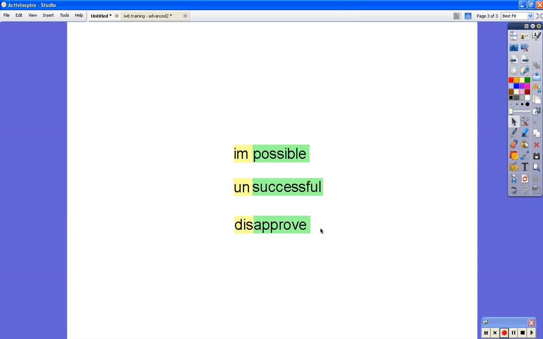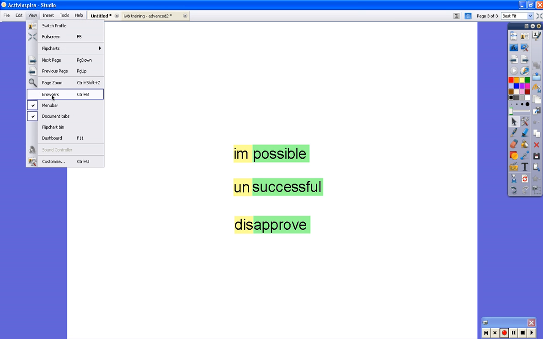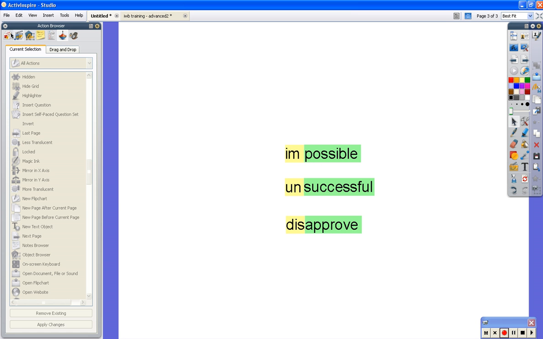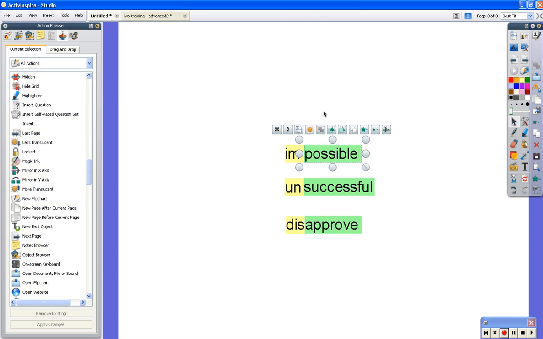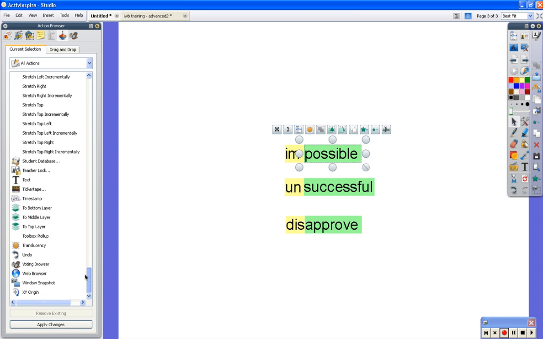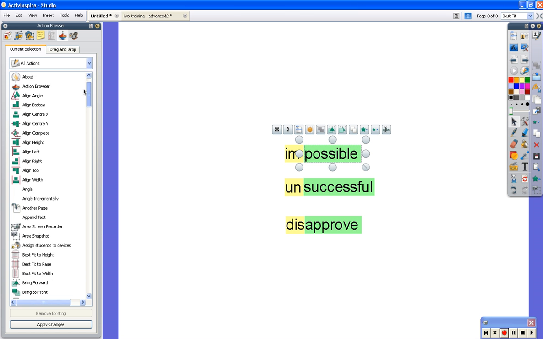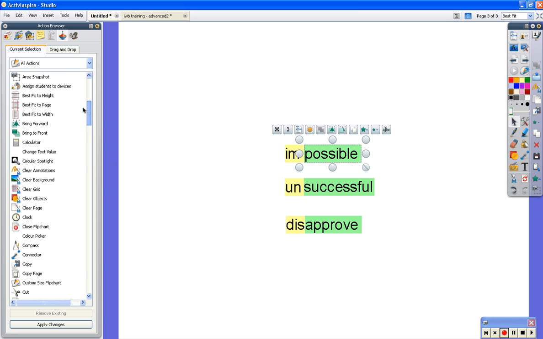Okay, so I've now got my text boxes set up ready for me to assign actions to them, and actions are all done through the browsers like most of the advanced features, and the actions browser is the second to last little tab, so make sure you're in the actions browser. Now it's all going to be greyed out until you click on an object, and then you can assign an action to a particular object. So if I click on the word possible, all the possible actions for me become available,